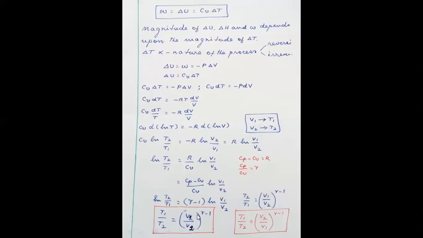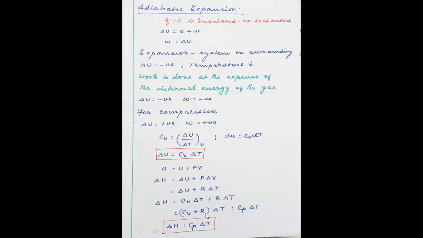So CV plus R. We have already seen Cp minus Cv is equal to R. So Cv plus R is Cp. So delta H is equal to Cp delta T. So these two equations are very important. When you discuss the adiabatic expansion of an ideal gas, the internal energy change is equal to the heat capacity of the gas at constant volume into the temperature difference, and the enthalpy change is equal to the heat capacity